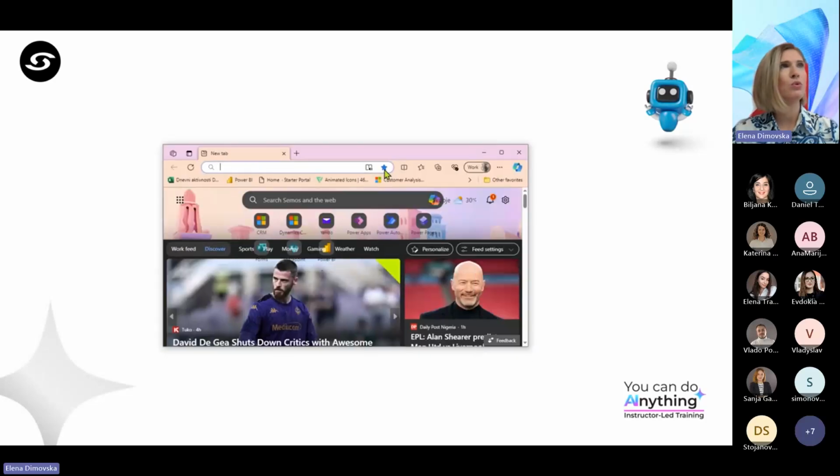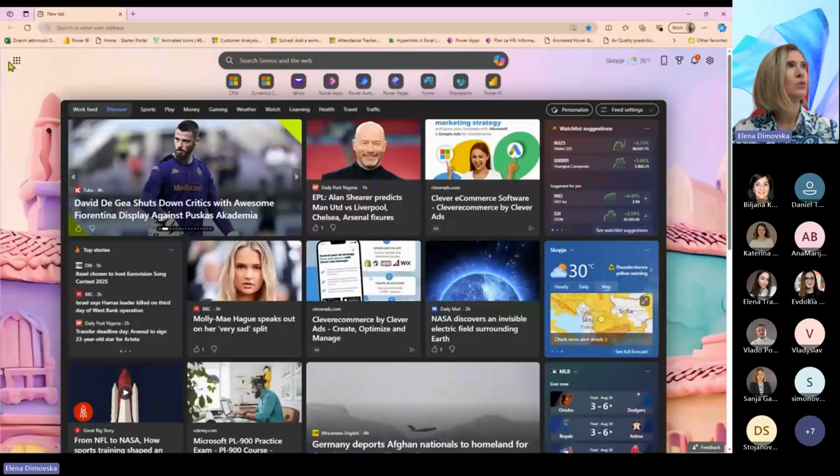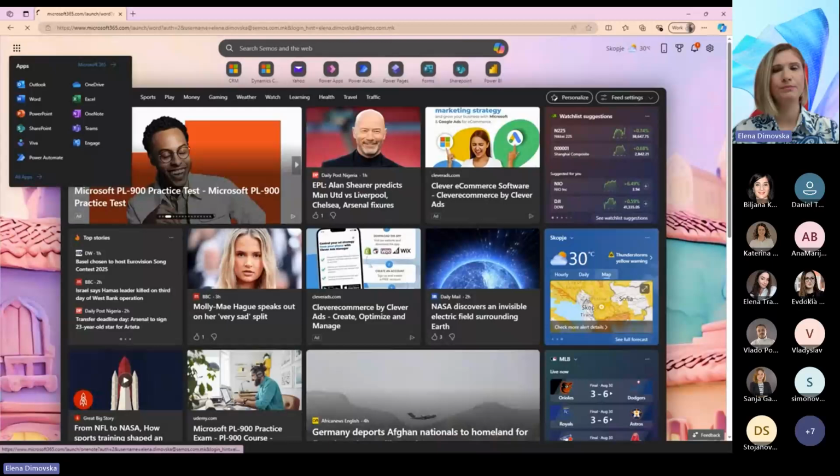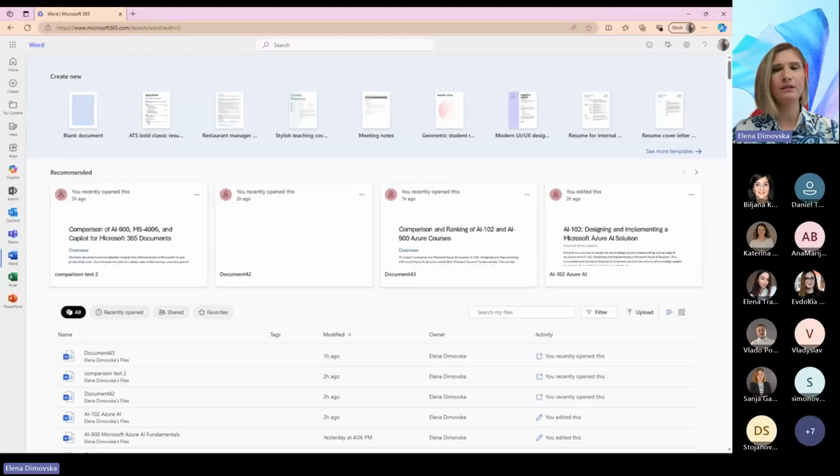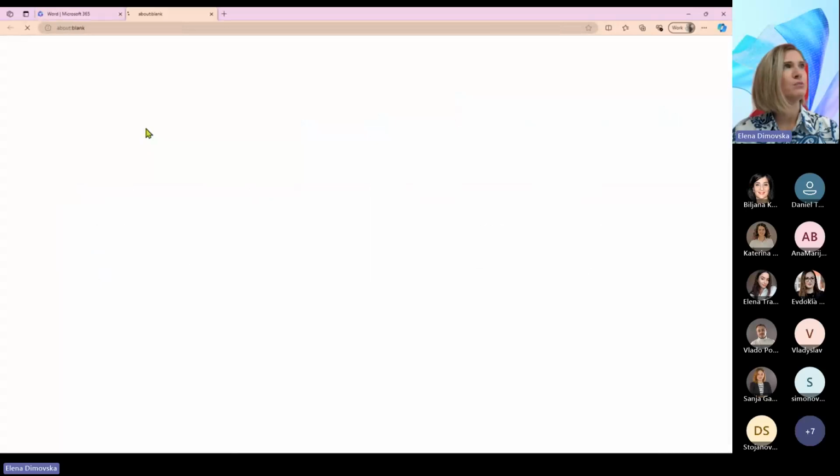I will minimize this one, and I will use Microsoft Word. Okay, here it is. I will open one new Word here. Okay, and I had created previously